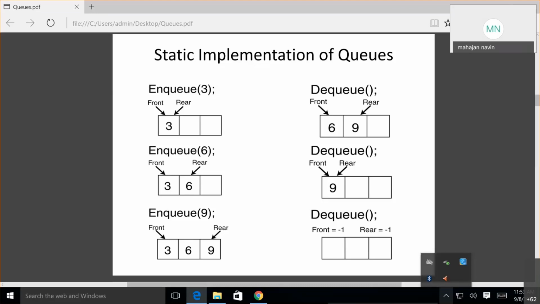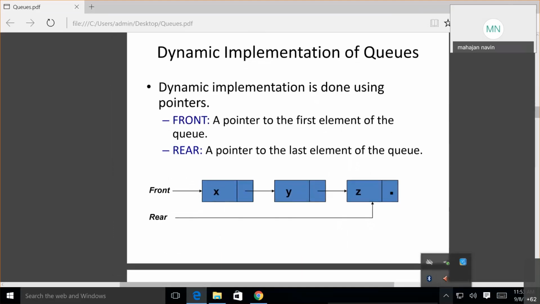What about dynamic? Dynamic is as and when you need memory, you can reserve or declare and take memory from your main heap memory. So you can assign some memory to some elements. That we will do in the next unit, which is linked list.